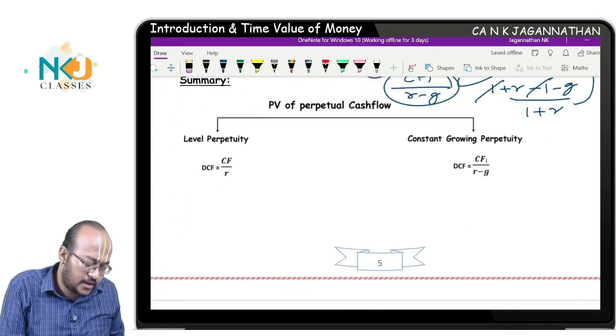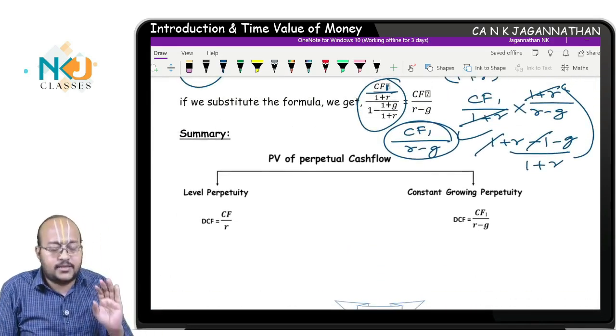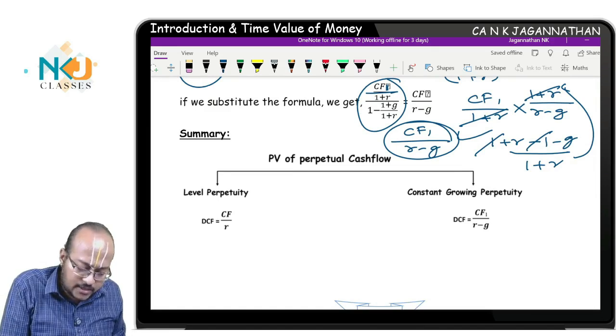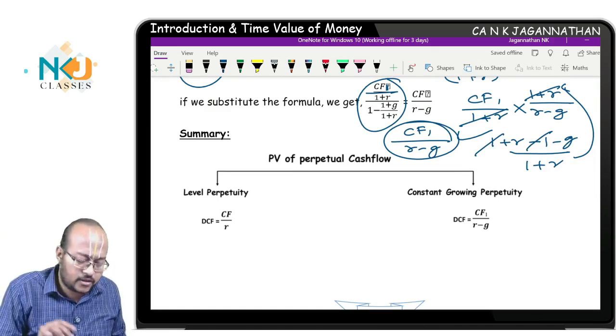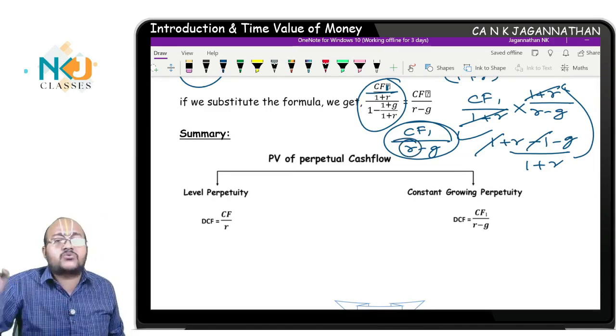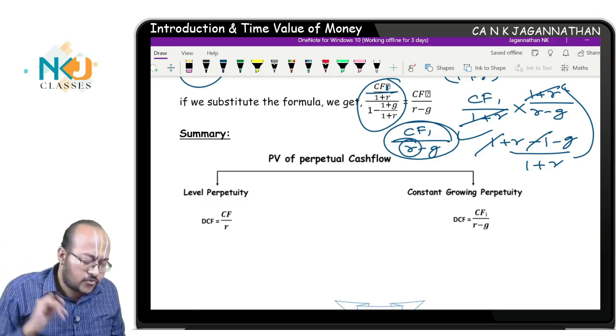Where this is useful, I'll let you know later. Okay, the equity valuation chapter, I already told you, there it is useful. And at that time, you need to understand the G will be the same, the growth rate will be given. Okay, the growth of the earnings will be given, that is not an issue. The R is to be understood as KE, there it will be KE. Required rate of return of equity holders, right?